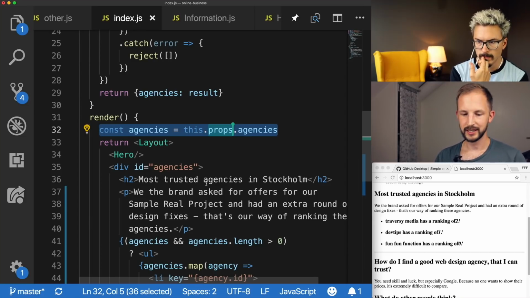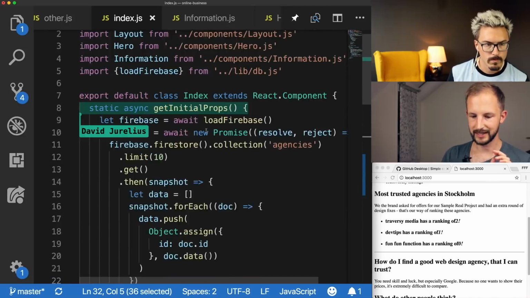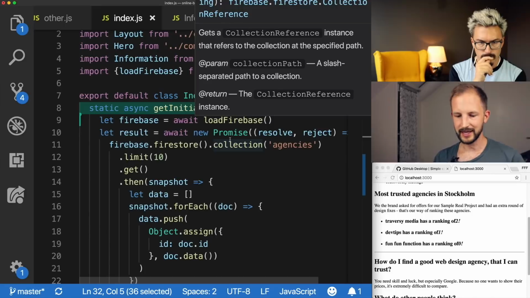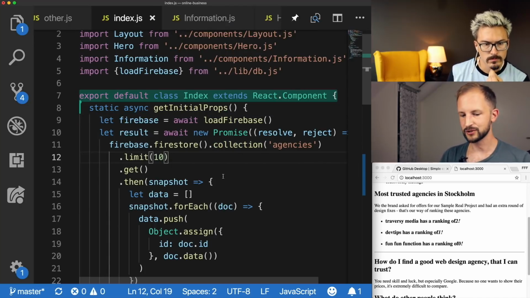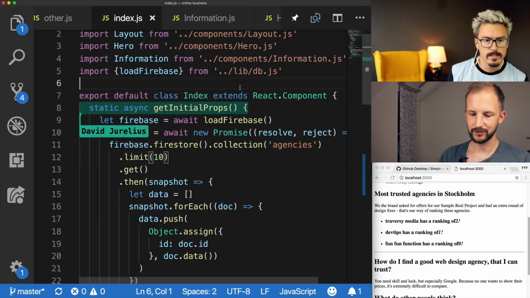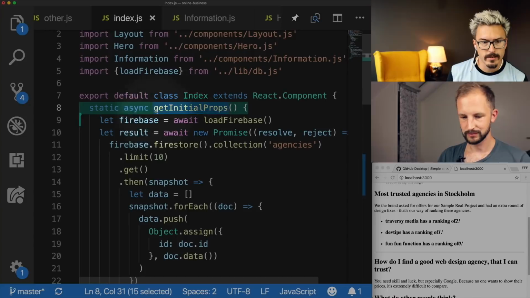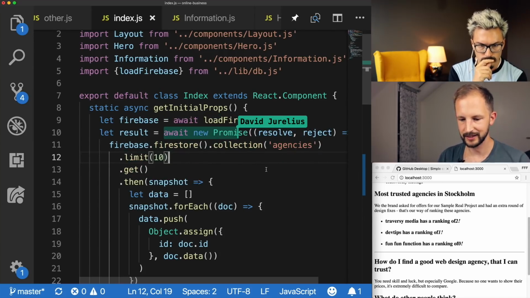So that's why I don't have this in a separate component in the components directory. It's because getInitialProps, if you scroll up to line 8, is specific for a component that is a page component in Next.js. So what's happening here is we have the getInitialProps. This is not a React thing. Correct. So if we have the getInitialProps, we can do stuff like I load Firebase, and then I do things here,